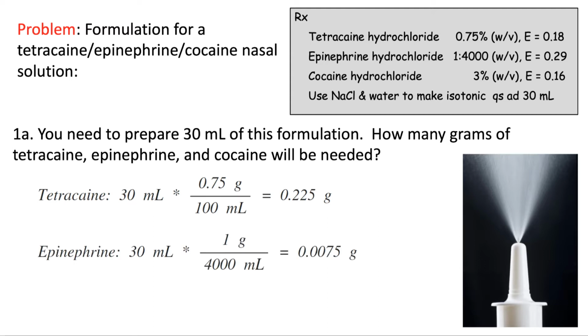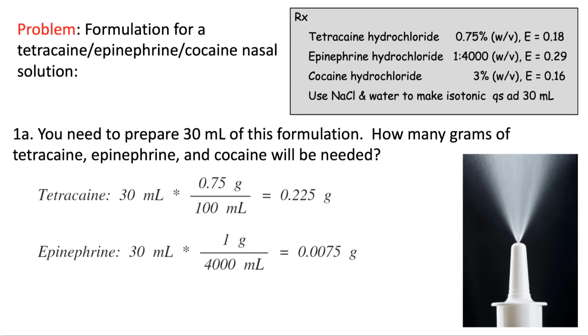All right. Our next ingredient was epinephrine. Again, we'll start with our final volume, which is 30 milliliters, and multiply it by its concentration, which was given to us as a ratio strength of 1 to 4,000. But we remain calm because we can just express that ratio strength as 1 gram over 4,000 milliliters. Since it's weight per volume, 1 to 4,000 is 1 gram per 4,000 milliliters. If we multiply that out, again, milliliters cancel, and 30 times 1 divided by 4,000 gives us a numeric value of